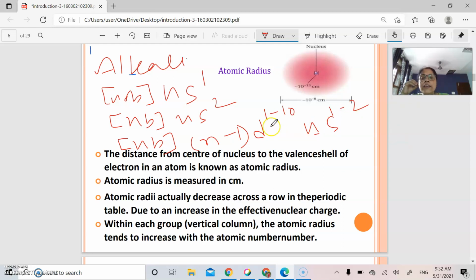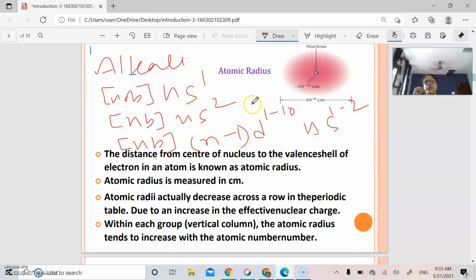Now we see that even though chromium and copper of the first transition series have the configuration of alkali in their outermost shell, and the rest of the transition elements have the alkaline earth configuration, that is ns2, that doesn't mean that they will be having the same environment. This is because for alkali and alkaline earth metals, the penultimate shell has the p6 configuration, or you can say that they have a stable noble gas configuration. But in transition elements, along with the noble gas configuration, we have a definite number of d electrons.